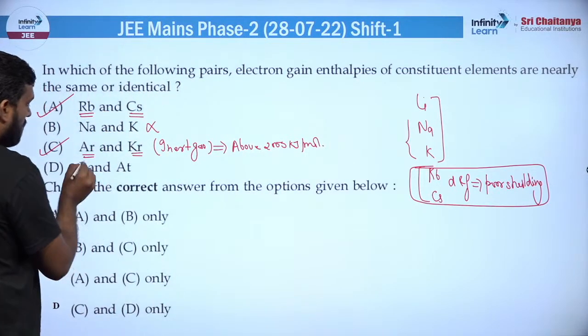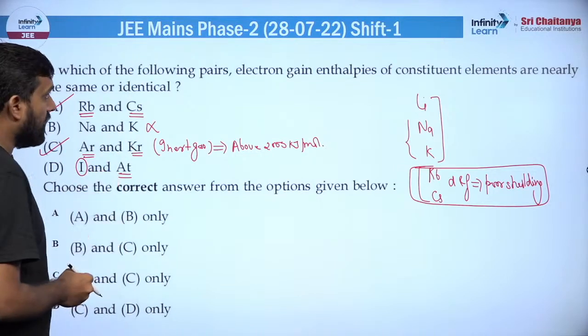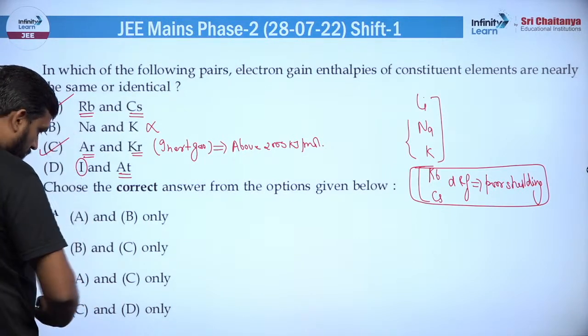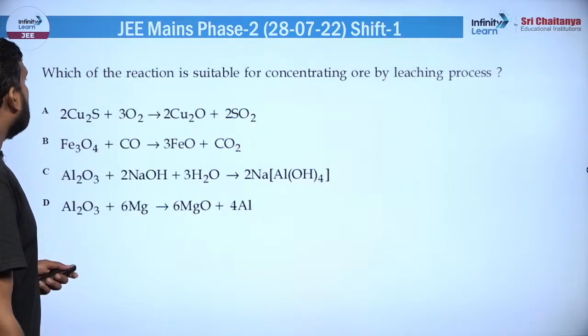फिर आयोडीन और एस्टाटाइन के अंदर देखें तो ये बेसिकली नॉन मेटल है और ये मेटलॉइड जैसा है, तो इनकी वैल्यू में बहुत बड़ा फर्क यहां पर होता है, ठीक है। तो नियर बाई अगर देखें तो ए और सी मैच कर रहा है, जो आपको ऑप्शन नंबर सी से मैच कर जाएगा, ठीक है। चलिए आगे बढ़ते हैं।